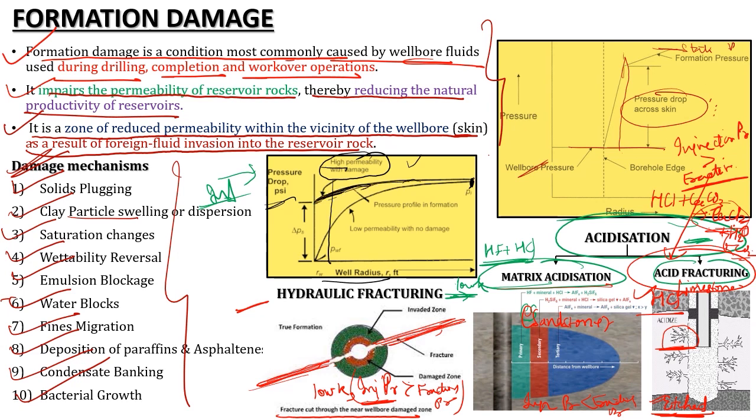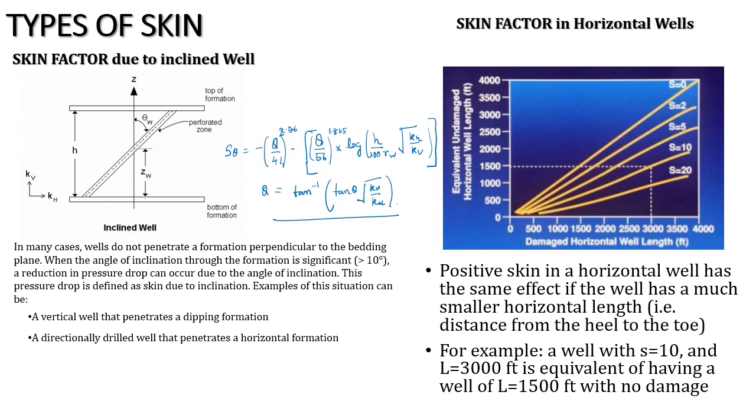Now if I'm comparing with a low permeability reservoir with damage, you can see that my pressure profile is going very much down. So in a low permeability reservoir, I will have a very high pressure drop as compared to a high permeability reservoir. The well stimulation method that we will be using in a low permeability reservoir will be HF. HF will be the most reliable one, and for a high permeability reservoir, I will go for matrix acidization if I am having a sandstone reservoir, and I will go for acid fracturing if I am having a limestone reservoir. Now let's discuss types of skin.